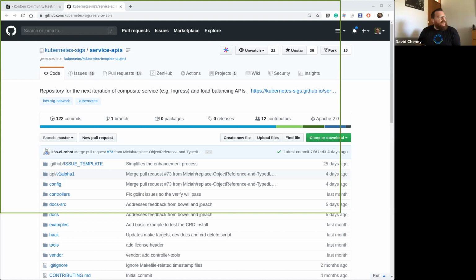It's important to remember that Contour currently supports four different Ingress objects. The two flavors of V1 Beta 1, IngressRoute, which is going away probably in June, and tcpproxy, which is the replacement for that. We fully expect that as soon as Ingress V1 is verified, we're going to support that, as well as our commitment to SIG Networking that we will be the test bed for V2, obviously with the right kind of minus experimental extension.